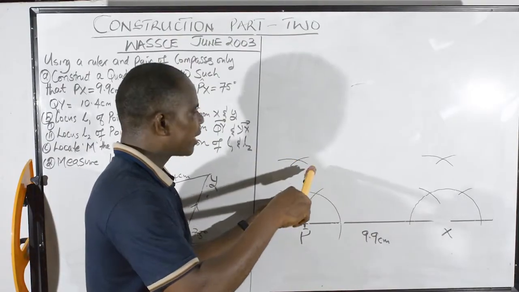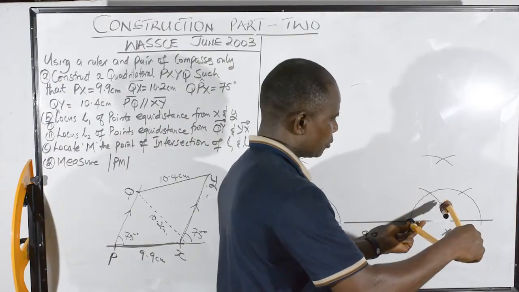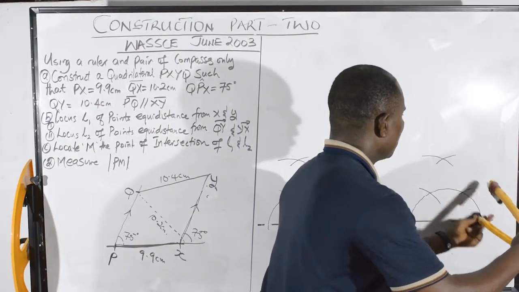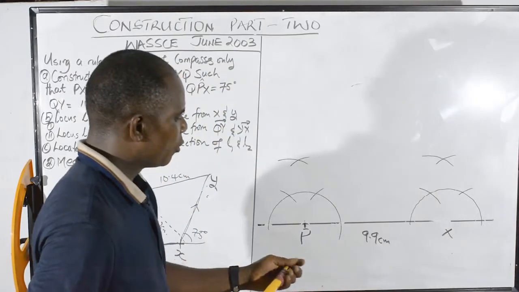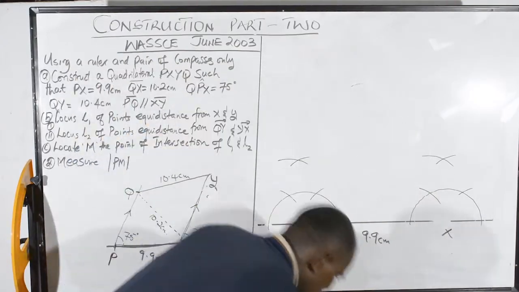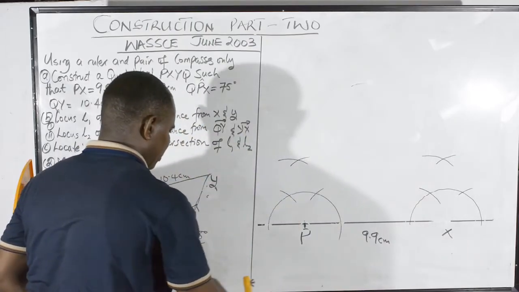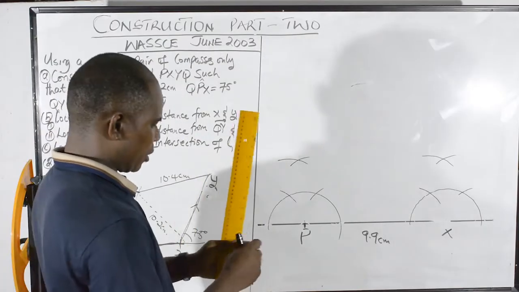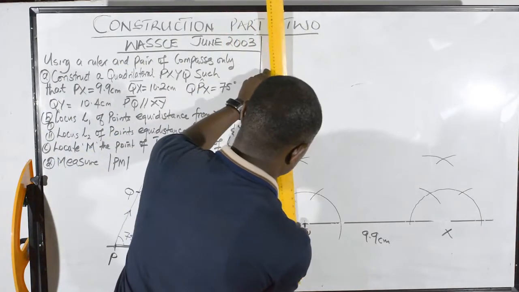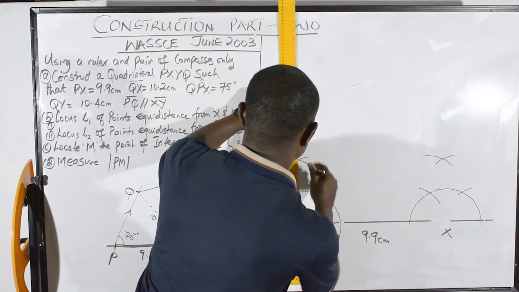I move and strike. Same here, I've done the semicircle, so I move, cut an arc here, you move and cut, you move and cut. That's what I've done so far. So now we have got the 90, so we can use the 90. So this is 90, and I construct 90 degrees from that point. So we have 90 degrees.